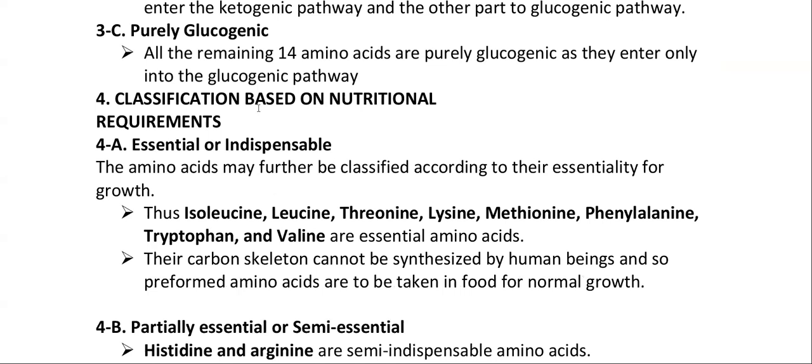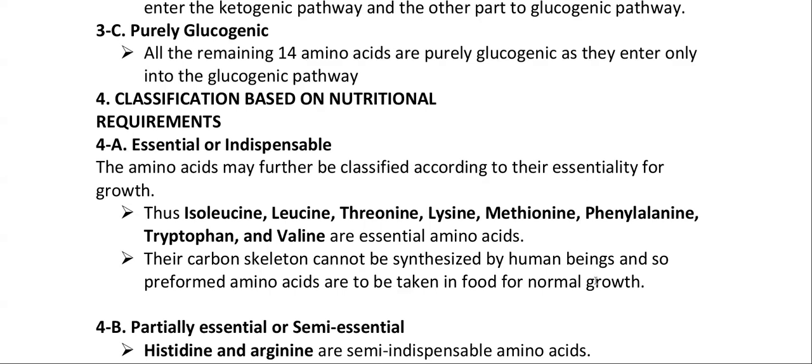Classification based on nutritional requirement: essential or indispensable. Amino acids may further be classified according to their essentiality for growth. Isoleucine, leucine, threonine, lysine, methionine, phenylalanine, tryptophan, and valine are essential amino acids. Their carbon skeleton cannot be synthesized by human beings, and so preformed amino acids are to be taken in food